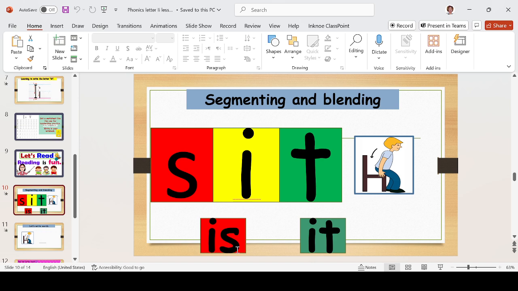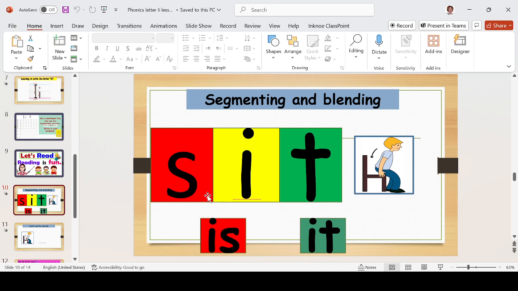Is, is, is. And this one, you move on to the next one. It, it, it. Very good. Pause the video and practice to read the word. When you are done, you can now move on to the